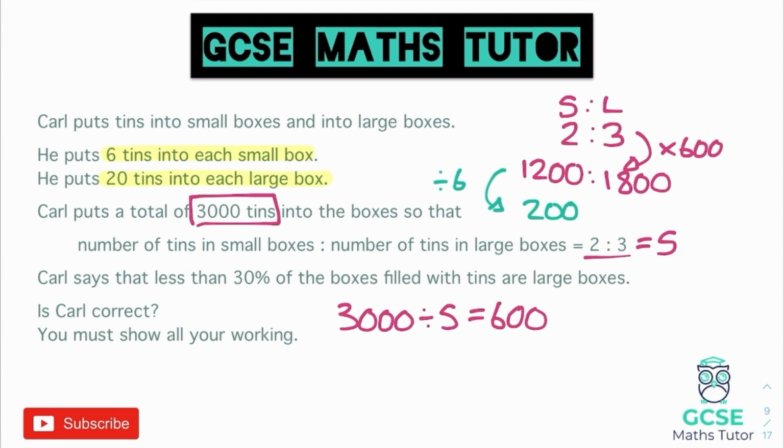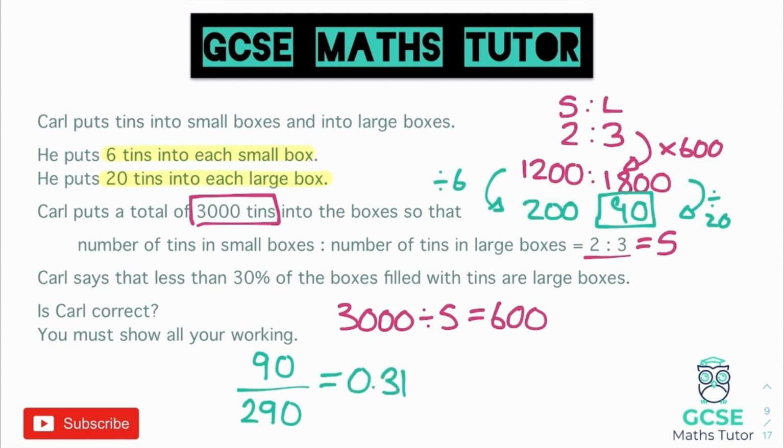So for the next one, we've got 1,800. There are 20 tins in each of those boxes. So if we divide that by 20, 1,800 divided by 20 would equal 90. So there are 90 large boxes. So it says Carl says that less than 30% of the boxes filled with tins are large boxes, so we'd need to work out what percentage those 90 boxes are out of all of the boxes. Well, there are 200 small boxes and 90 large boxes, so that is 90 boxes out of a total of 290 boxes. So if we do 90 divided by 290 like that as a fraction, we get